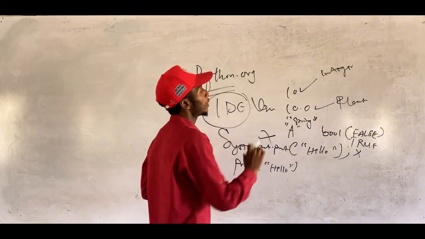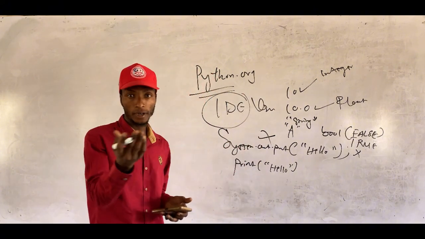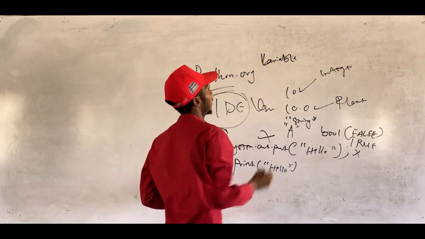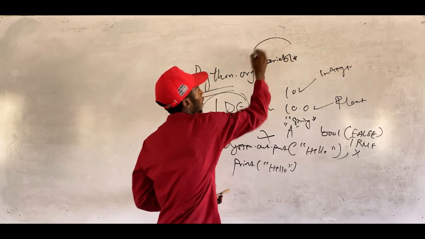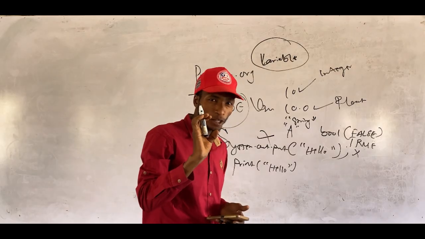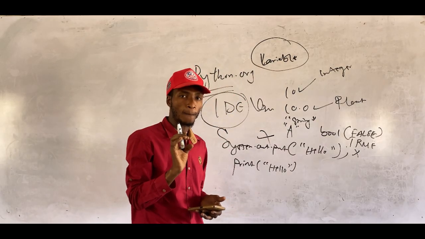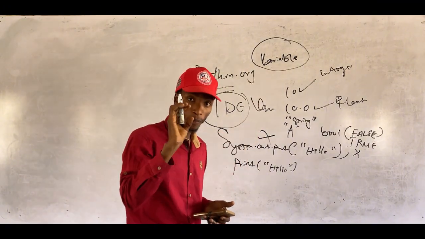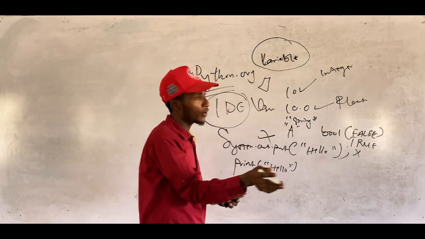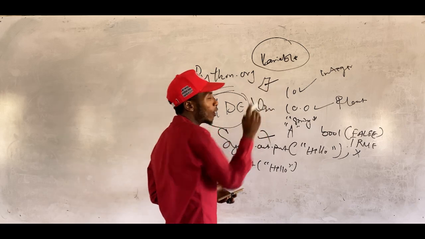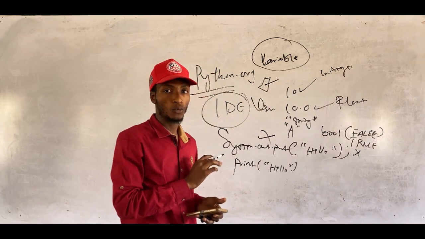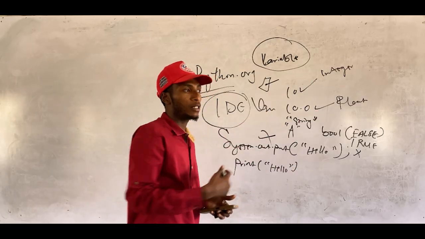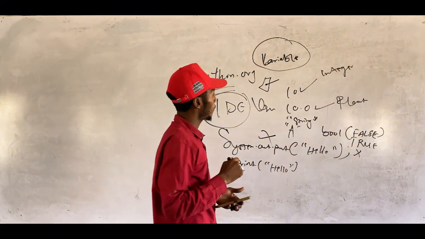There is also what we call variable declaration. What do you mean by variable? If you are talking about a variable, you are just talking about a little space in memory that the system will create for you. Once you declare a variable, a space will be allocated for that particular variable. If it is an integer, a space for an integer will be allocated. If it is a float, a space for a float will be allocated.